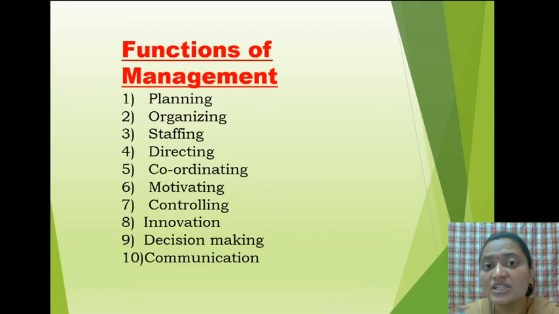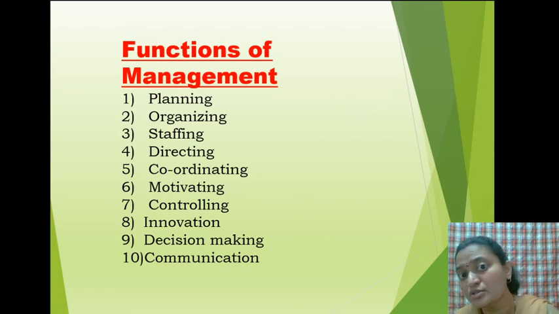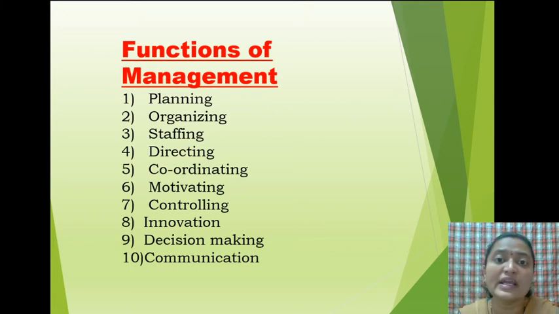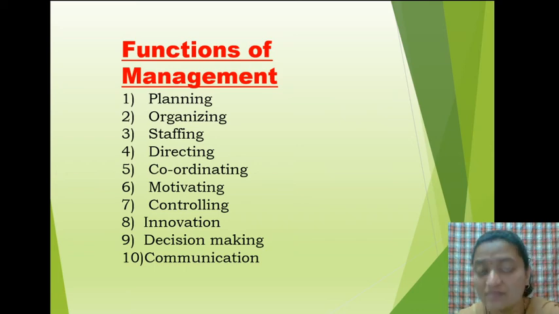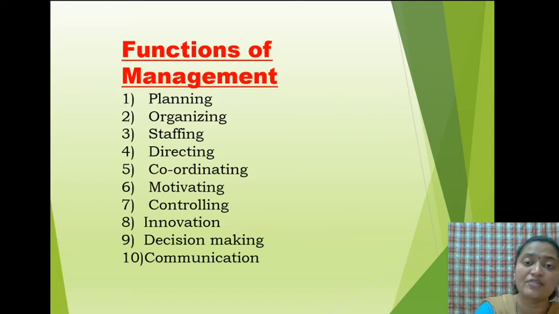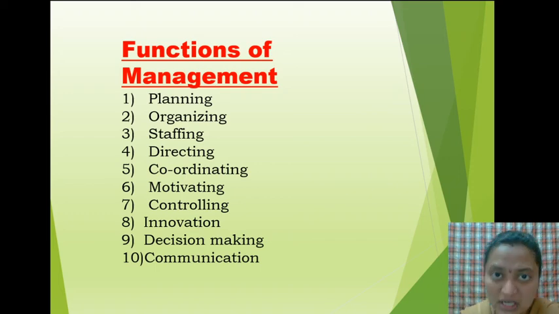The next one is decision making. What do you mean by decision making? Here the manager has to take the correct and the right decision. Because what happens, if he takes the correct and the right decision, it will be useful for the company. He should not take any kind of wrong decision. Now here the question arises, how the manager can take a proper decision. If many things are there in front of the manager, out of that he needs to understand which is right for the company, which is not right for the company, which is bad for the company. So on that basis he has to take a proper decision.